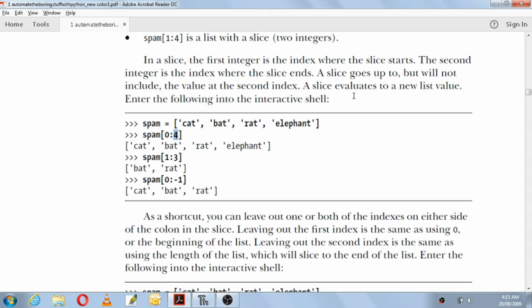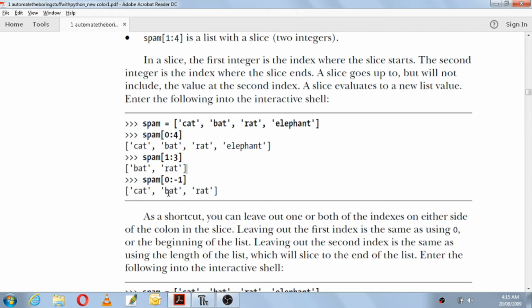So all the 4 values will be included. Spam of 1:3 means index 1 and 2. Spam of 1, who is there, bat is there. Spam of 2, who is there, rat is there. Spam of 3 will not be included. This last index will not be included, so it will print only bat and rat.